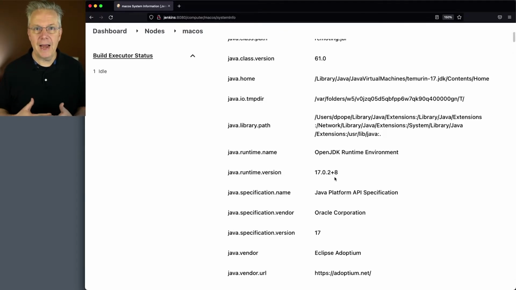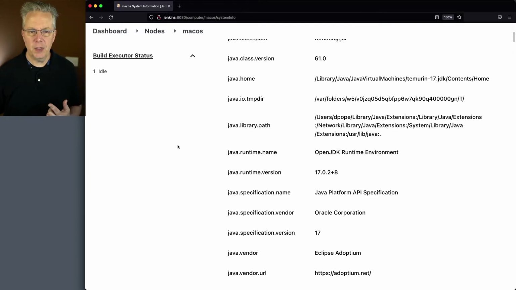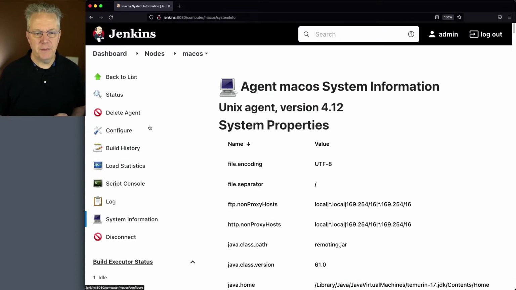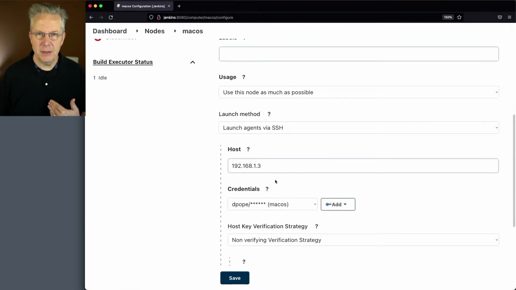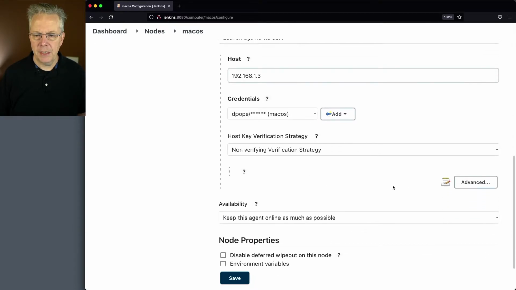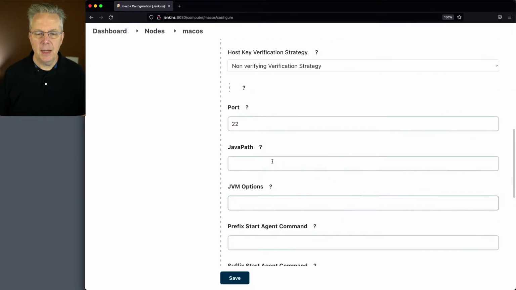Now, fortunately, I have multiple versions of Java on this Mac instance. I have 17, I have 11, and I have 8. So let's go ahead and switch over the configuration for this agent to 11. And the way that I'm going to do that is I go back into the agent configuration and I go down to Advanced. So here is where we defined the agent. When I click on Advanced, now what I want to do is put in my path down